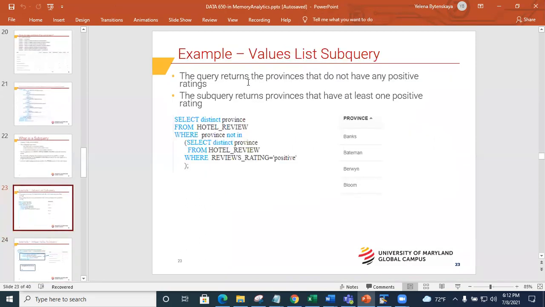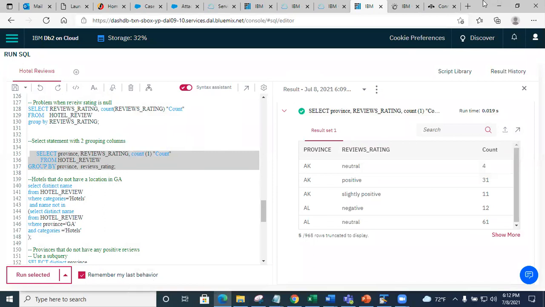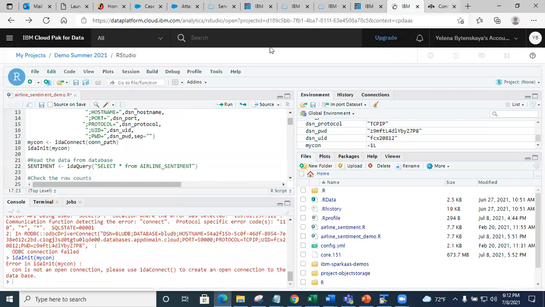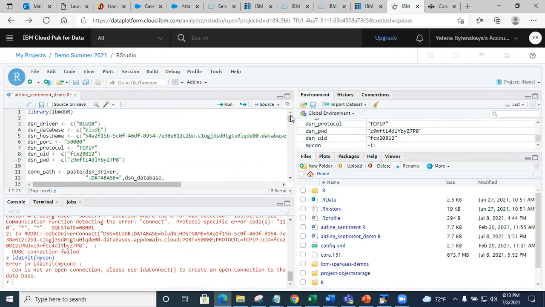But in the examples that I have here, if you want to go back to RStudio, let me know. I think the connection issue has been resolved. If you want to go back to RStudio, the connection issue appears to be resolved. I'm just pasting the code in the chat room. So if you want to, pick that up. Okay, I'm so glad.